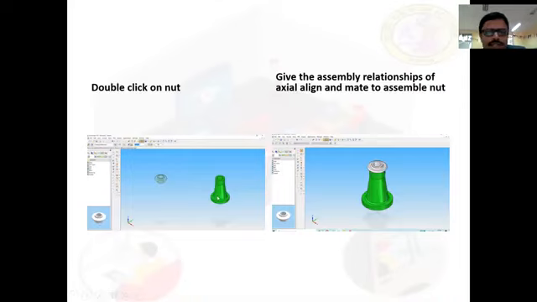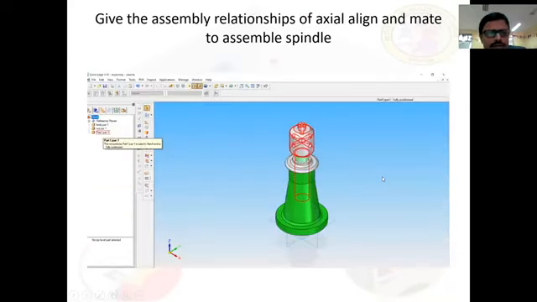After that, give the proper relationship to the nut and body. In this case, the nut is the placement part and body is the target part. And in the assembly relationship, you have to give the assembly constraint of axial align and mate to assemble the nut. So nut will be assembled like this.